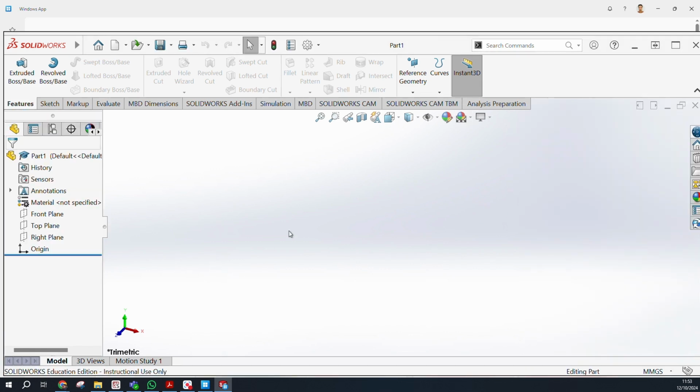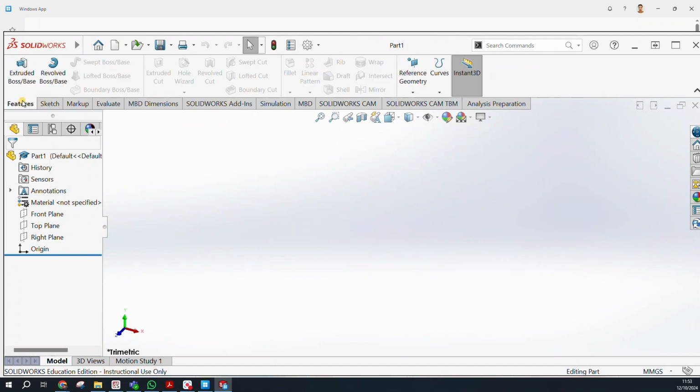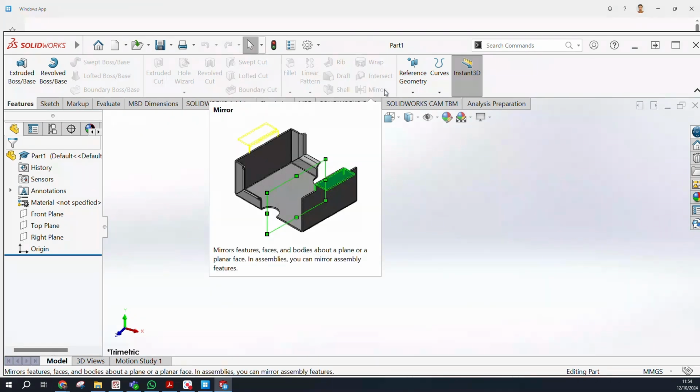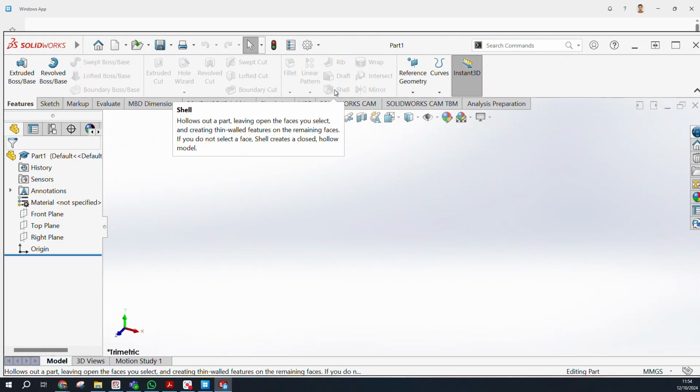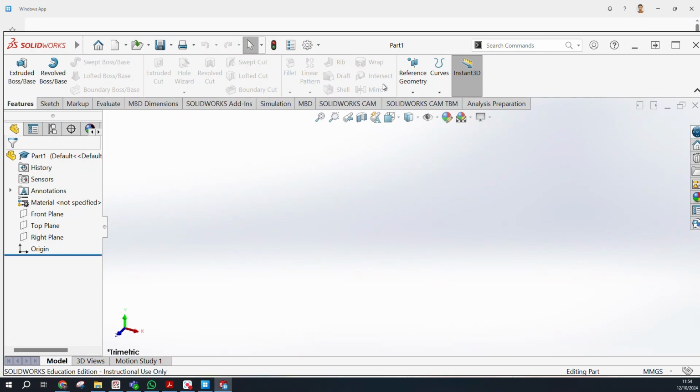so now we are in our part mode. As I told you, today we are going to work on features. By features I mean these kinds of commands. We are going to look into fillet, rib, loft, shell, and from here we are going into mirror. Let's see if we have time, then we will go into the mirror. Otherwise we will check mirror, and the other commands like revolve cut and pattern in our next exercise. But today we are going to use